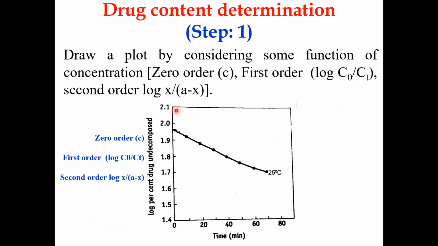So now plot a graph of time versus the degradation. Let us keep aside all these unnecessary things. On the left side is the concentration and on the bottom is the time. So as the time passes, you can see the concentration of the drug is decreasing. Am I right? This varies as first order, zero order, second order, as per the formulas we have to calculate. For zero order, it is directly the concentration. For first order, log C naught by Ct. For second order, log X by AT. So let us keep aside these things.